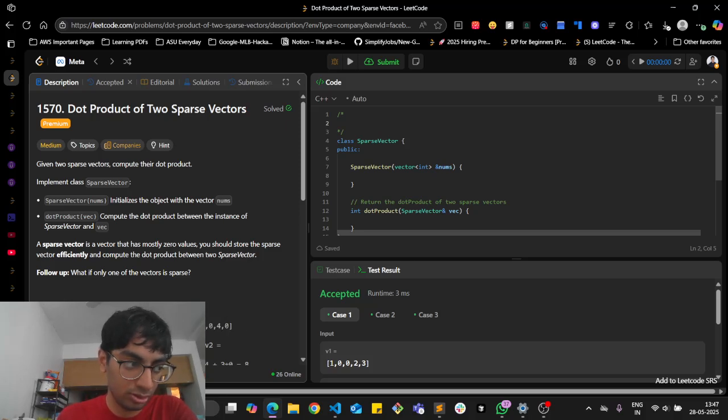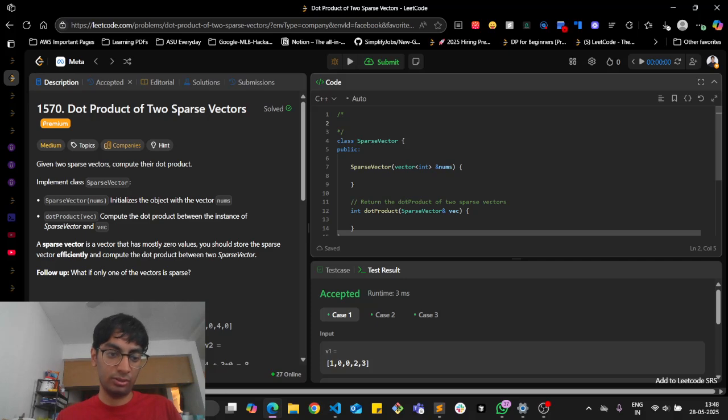So the key here is that every time you encounter a 0 in your sparse vector, we should find a way to try to eliminate any kind of product or multiplication operation that occurs with this data element. So essentially what we are trying to do is avoid all the zero-based multiplication. So we will try to store non-zero elements and their corresponding indices